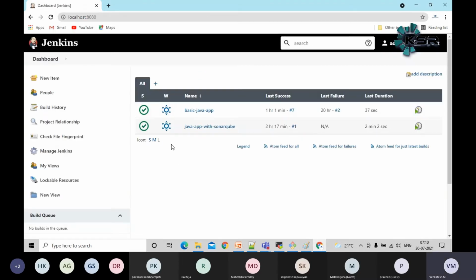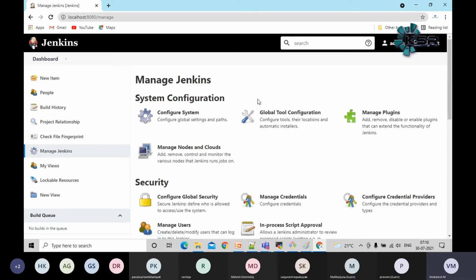So my password got saved, guys. Otherwise, whatever password I configured earlier, admin, I need to mention there. Okay. In the first, second and third sessions, we went to Manage Jenkins and tried the Global Tool Configuration. There we configured Maven and Git client. Similarly, in Manage Plugins we installed some of the plugins required to create a Maven project. Now I am going to configure the SMTP service with my Jenkins server, guys.